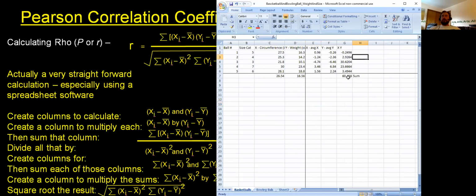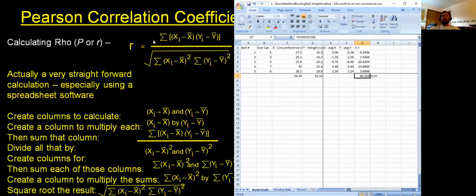We have figured out the numerator. This is the top portion of our equation right there. Now we just need to solve for the bottom, which is not too bad. We've already calculated x minus the average of x, and we've already calculated y minus the average of y. So we can give ourselves a little space over here. We could do the square for x minus